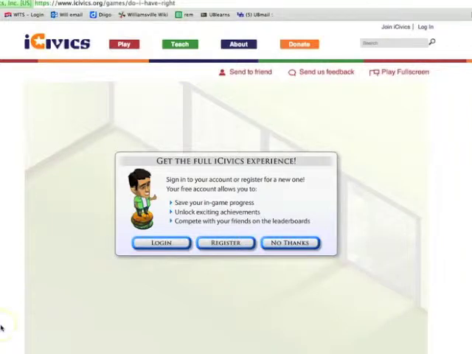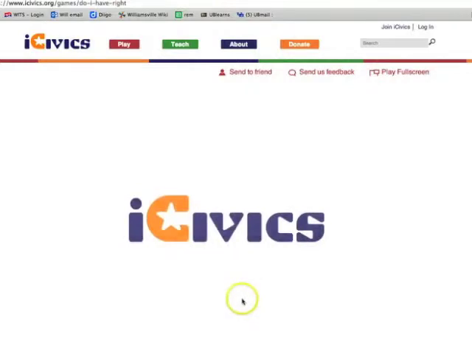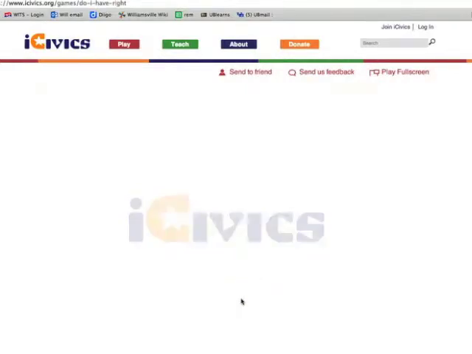And when you're talking about gaming, this is a great example of a perfect educational game. You have to actually know the information to play the game to get better at it. And it really helps you learn about civics. There are several games on this website, and this particular game helps you learn the amendments. The more you know the amendments, the faster you can go and the more success you'll have on this.